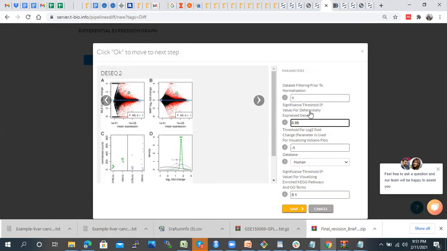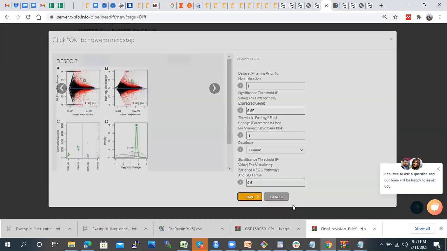Then you can select log fold change, and automatically the database, as here we are only taking human samples. Then to identify important pathways, gene enrichment or GO terms, we can select the threshold here as well. Right now I'm taking the default, let me just make it 0.05.